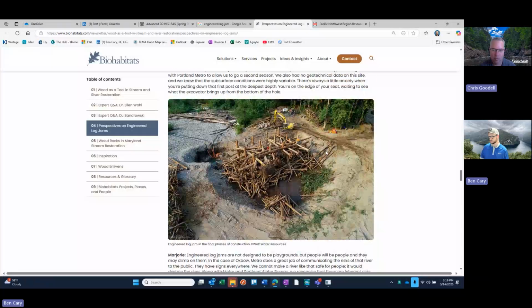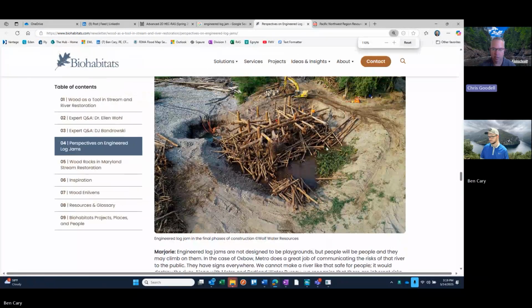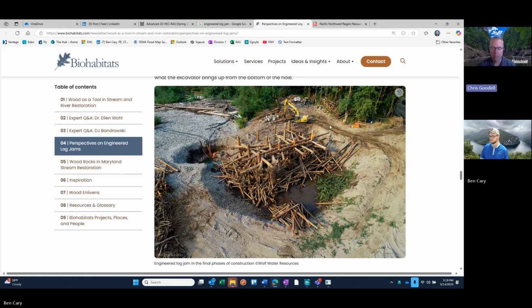There's great photos there. Yeah, there's a good one right there that shows the construction of a large wood jam. Well, we want to make sure that number one, it stays in place, but number two, it's providing good habitat, and not just qualitatively, but quantitatively. Are we hitting the velocities that we want? Do we have too much head drop through it? What are the fish going to be experiencing around that? So keeping it in place and making it good for fish are the things that you want to check out